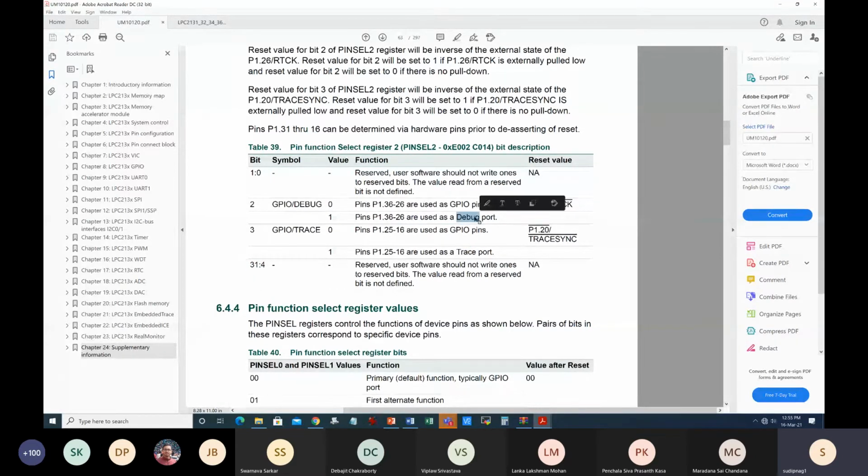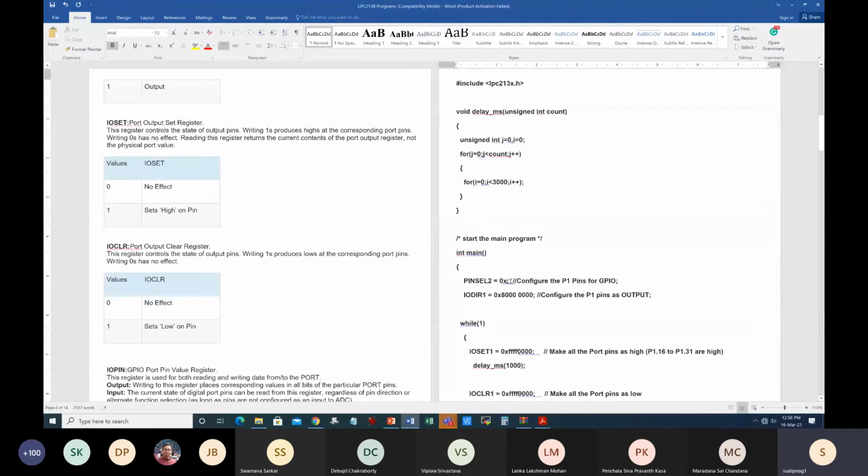Now trace or debug is a group of pins, not a single pin. Whenever you select any one of the trace or debug, it will automatically recruit the remaining pins from this particular group of debug or trace. What are those trace debug pins? Like JTAG pins, or boundary scan pins actually. But for IO pins, you should always write 0 or not write anything. You should consider that in your code, and in my code I should write.